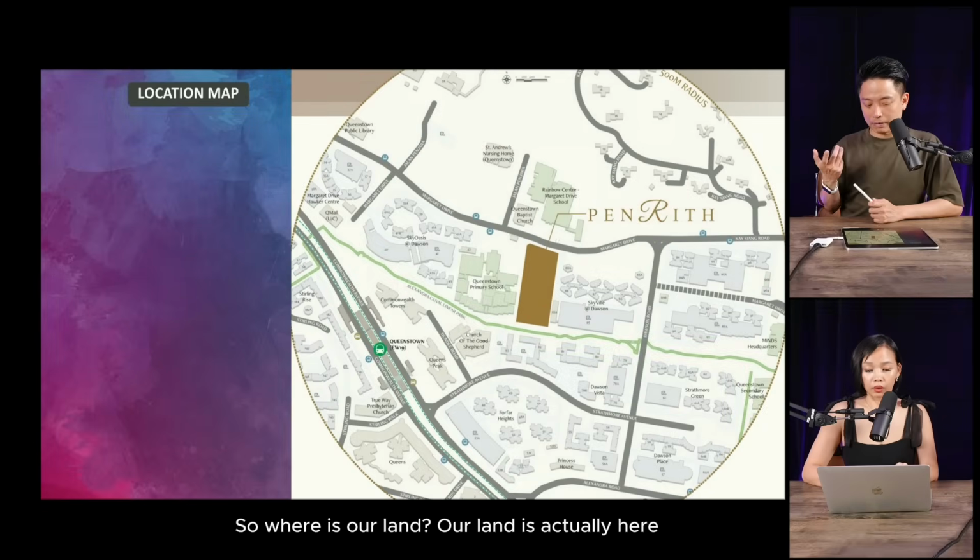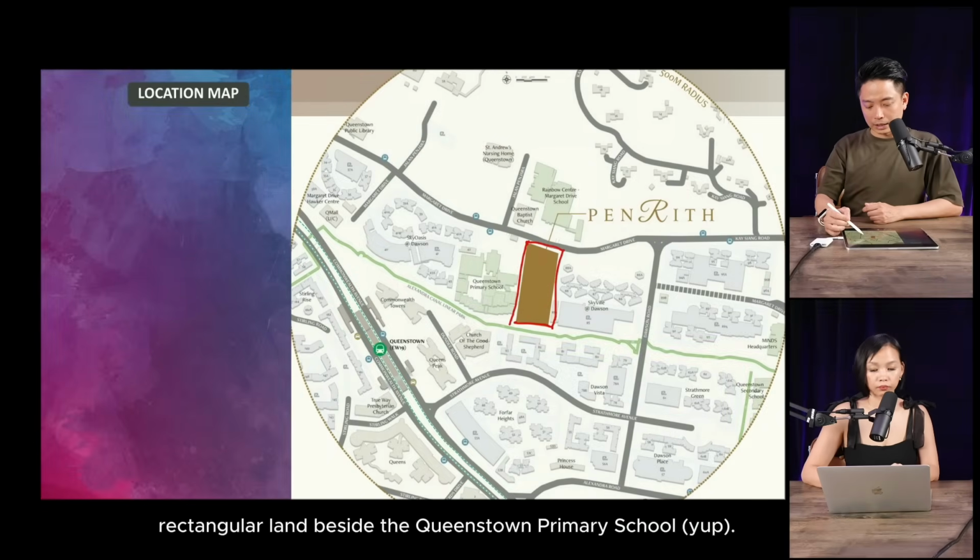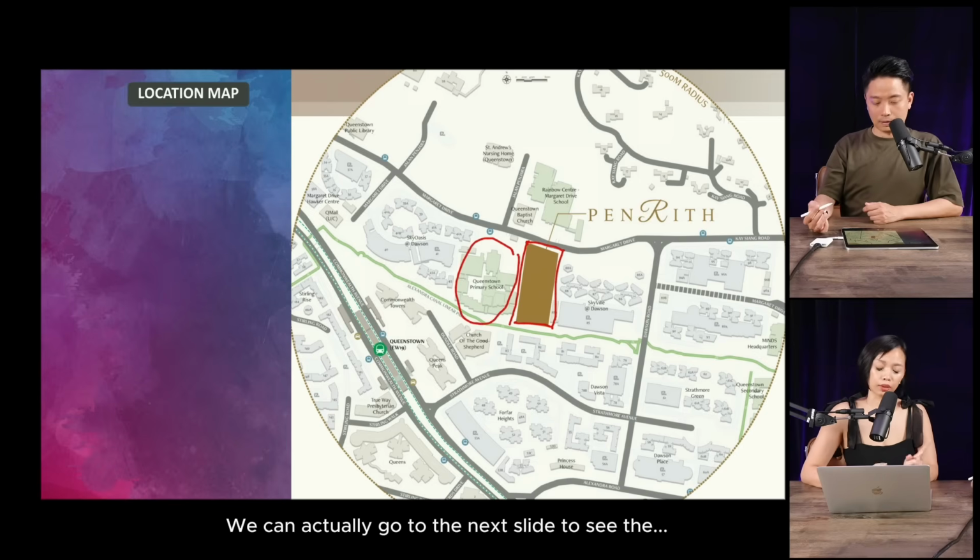Okay? So where is our land? Our land is actually here, which is the rectangular land beside the Queenstown Primary School. Yep. We can actually go to the next slide to see the...